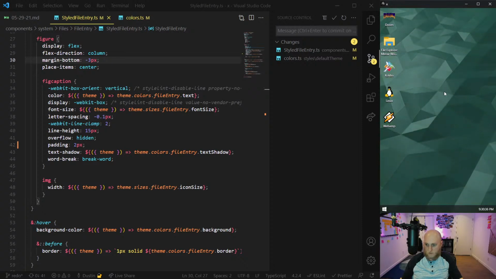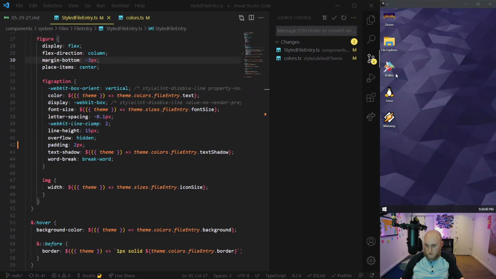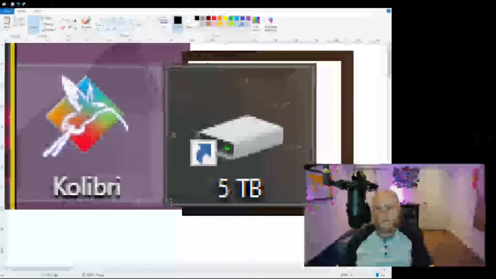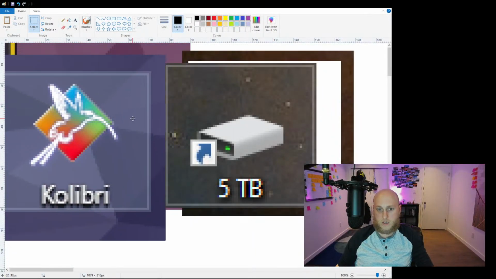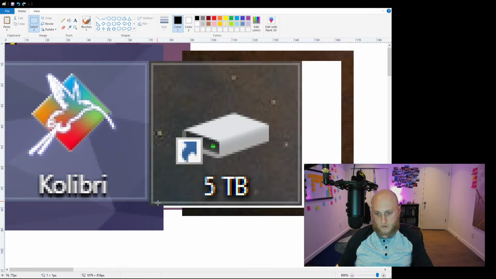Is that the final product? Let me take another screenshot of how that looks. Let's go back to MS Paint for a second because I think it's even worse than I imagined. Oh no. Well, I just care about the height right now. I'm pretty sure the width is okay, but I messed the height up. Okay, it's still just the 2 pixels. That's good. Wait, is it just 2? No, that's 3 pixels. What happened here? Am I 3 pixels off now?